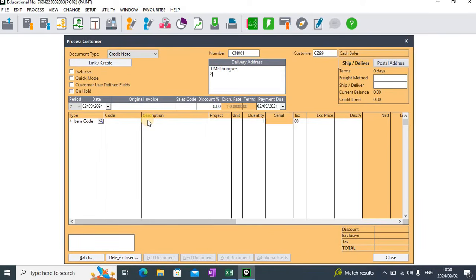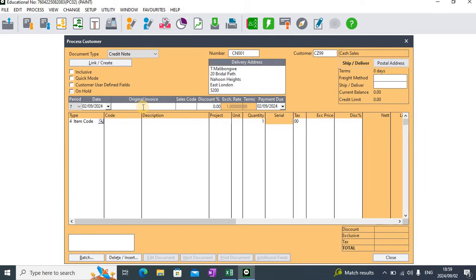Type in the address, 20 Bridal Path, Nauru Heights, East London, and the code 5200. The original invoice number